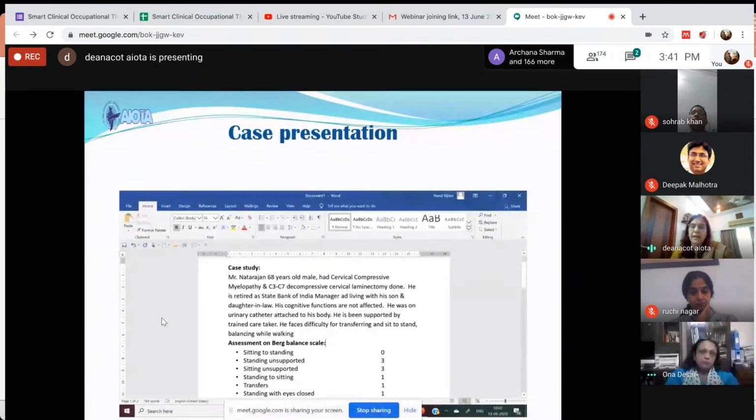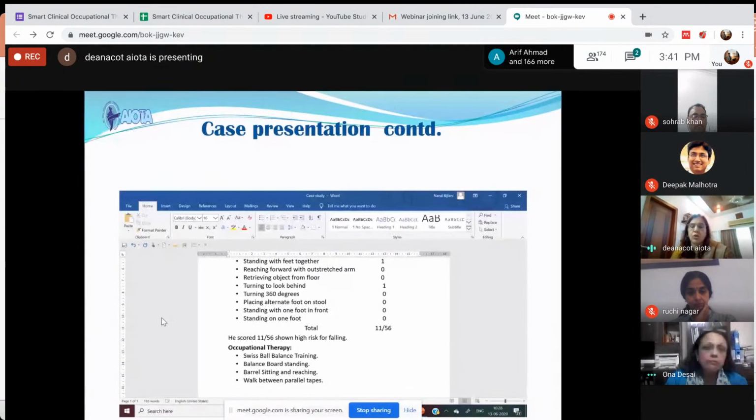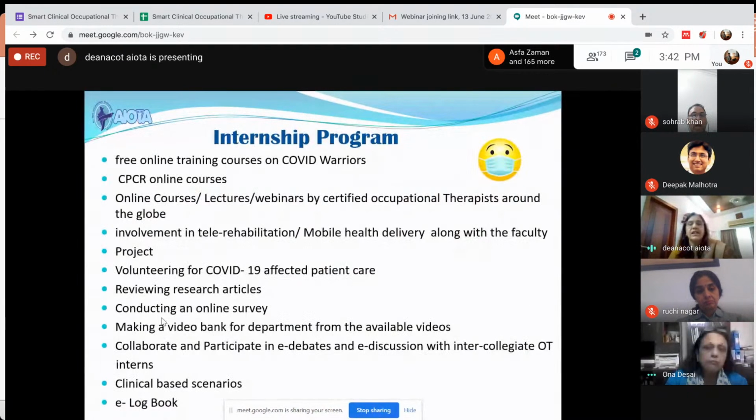Berg Balance Scale was used on this patient, and he has given the background. So whatever scoring was done, the total score is 11 out of 56, and whatever the occupational therapy program was, he has sent it to me. On this basis, the evaluation is done, and the assessment can be done. So this, as far as the UG is concerned,